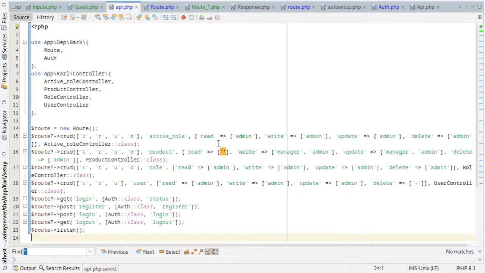So basically, this is it. I'm very happy with it, whatever this is. So routes is there,